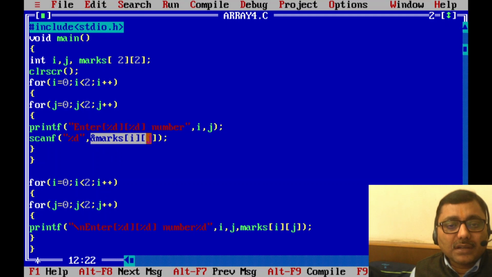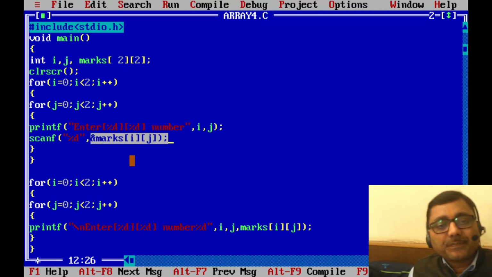This &marks[i][j], with the help of these 2 indexes, will be able to identify the place, or you can say memory location, where these values will be stored.